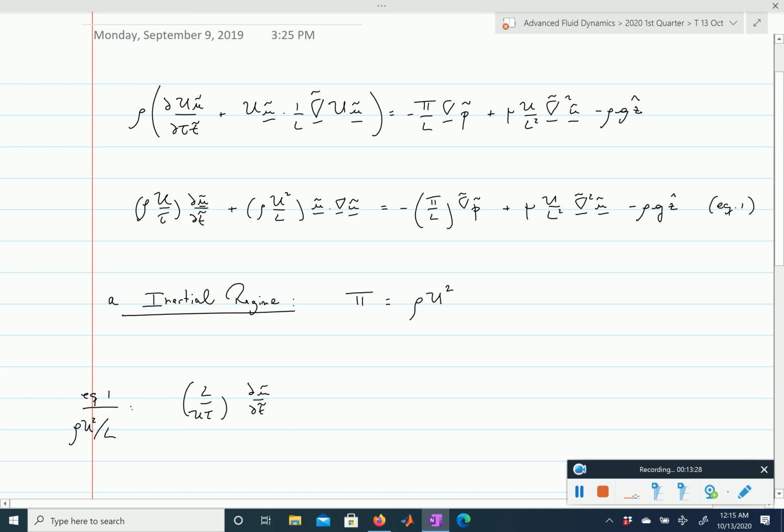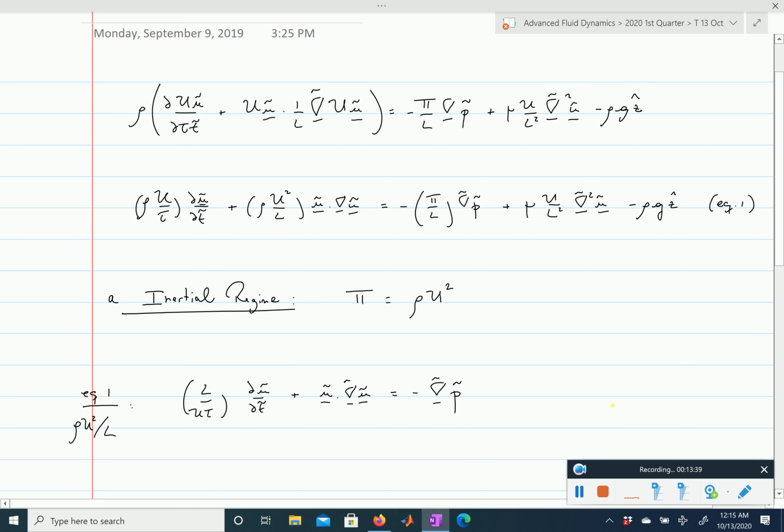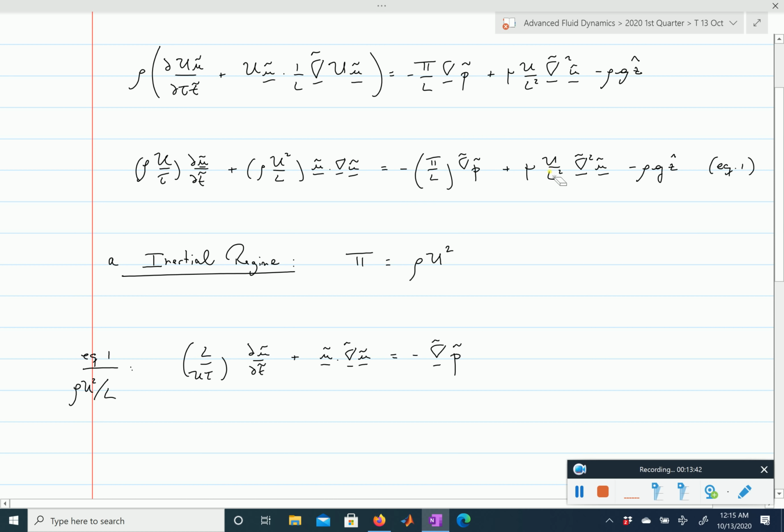So this is meters, and we have meters divided by meters. This is indeed non-dimensional. Plus u grad u minus the gradient of pressure. And here, when we divide mu u divided by L squared by rho u squared divided by L, we're left with another group here, which is also non-dimensional, right? So if you look at the dimension of this, you realize this is non-dimensional, times the Laplacian of u, minus our last non-dimensional group now, which will be